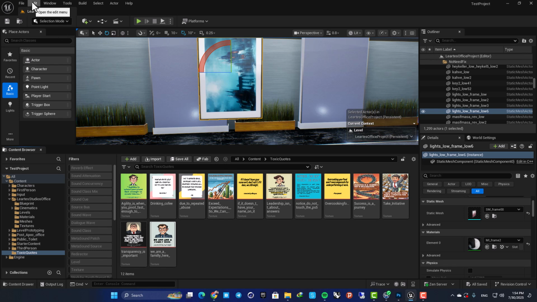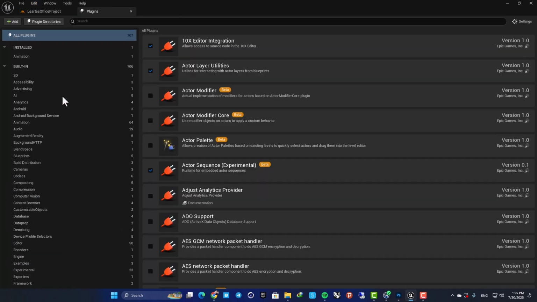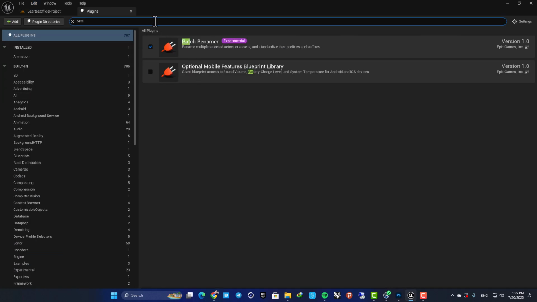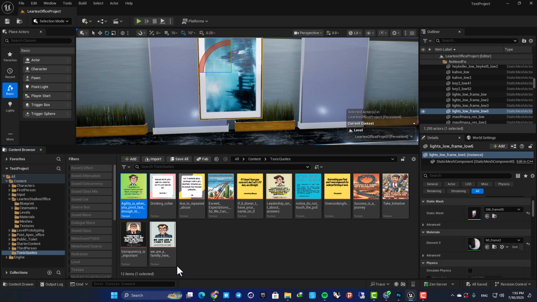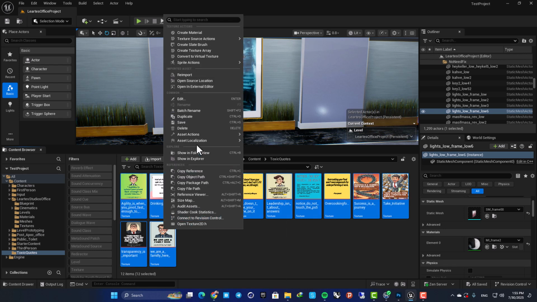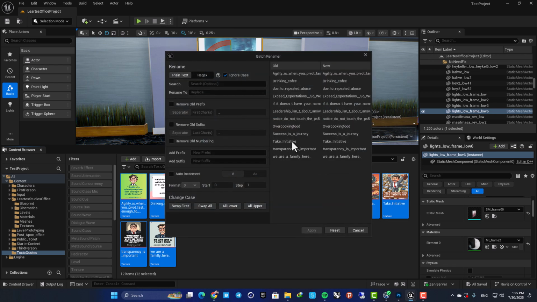Here in your plugins, you have this batch renamer plugin. Enable this, restart your editor, and now you are able to select your assets, right click, and here use this awesome batch rename plugin. Just open it up, and now here, as you can see, we can do a lot